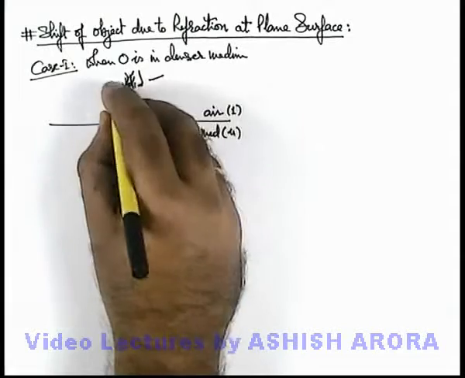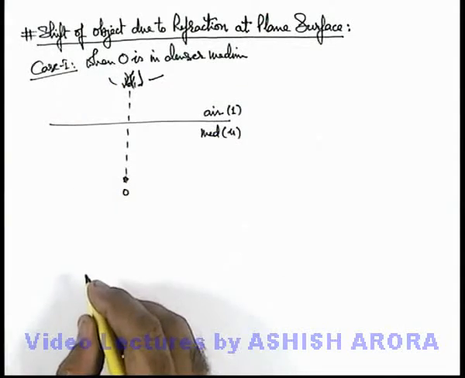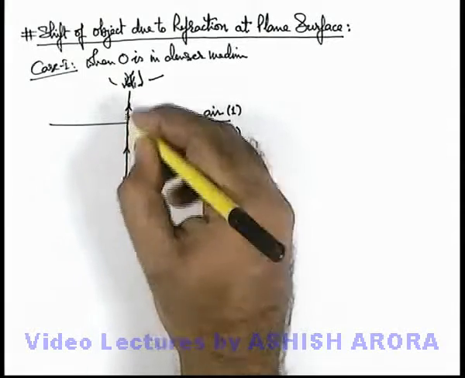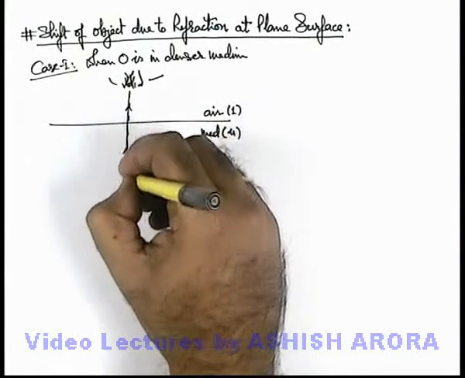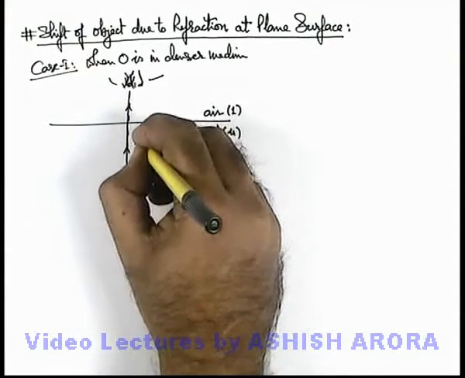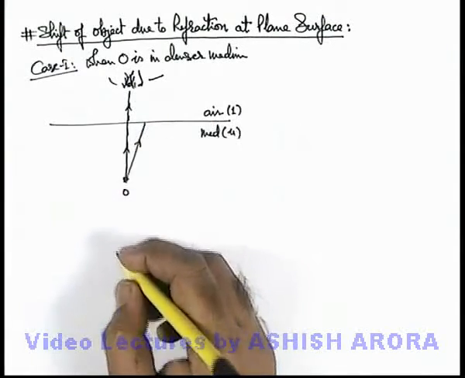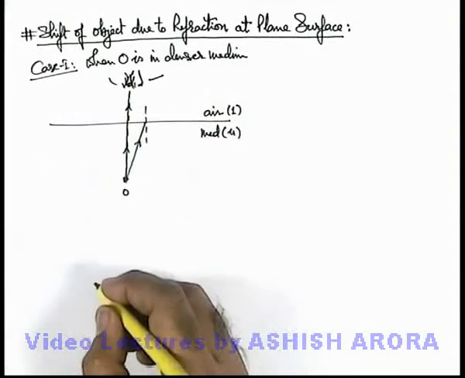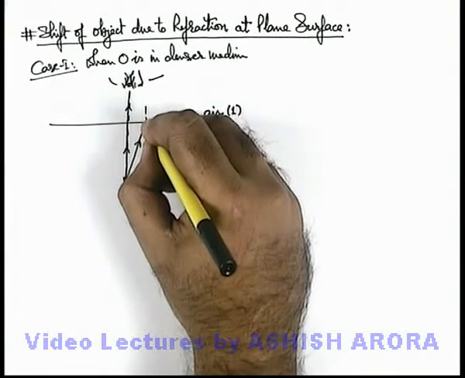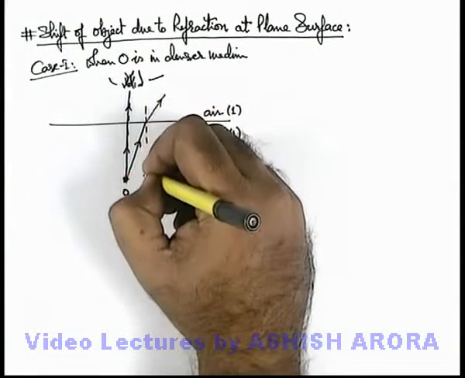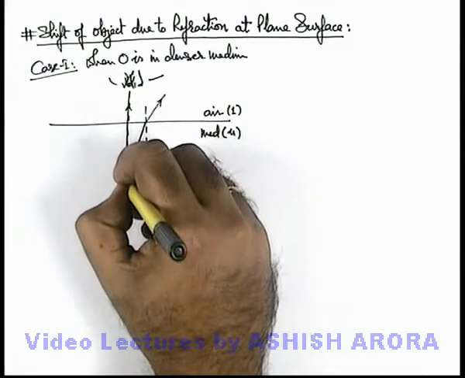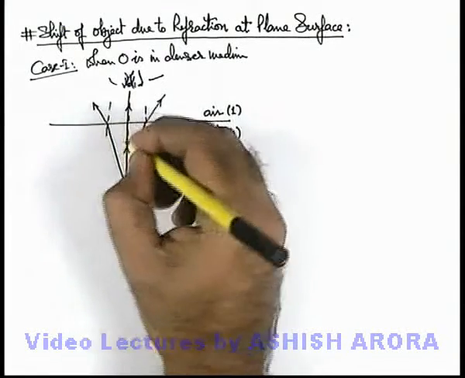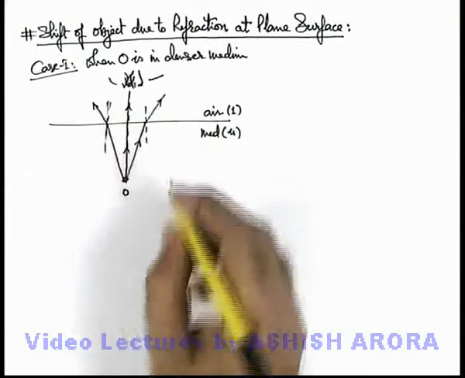observer's eye we consider which is looking onto the object, and the light ray which is almost normal to the surface will be passing undeviated, and the light ray which is incident on the side of this normal ray will be refracted slightly away from normal, which will be going into the eye of observer. And all these rays which are refracted away from normal, because in this situation air is